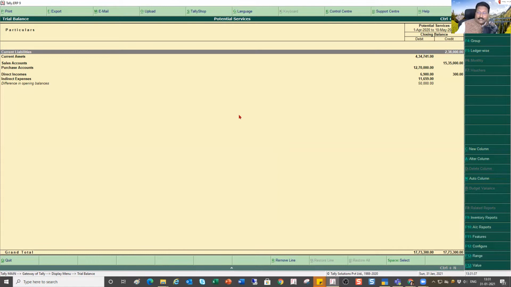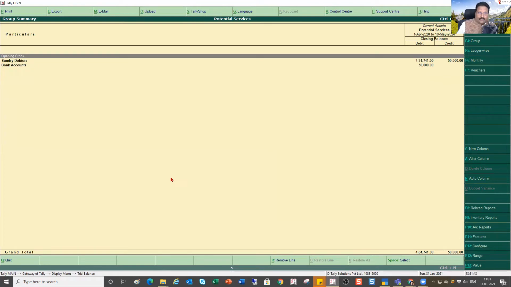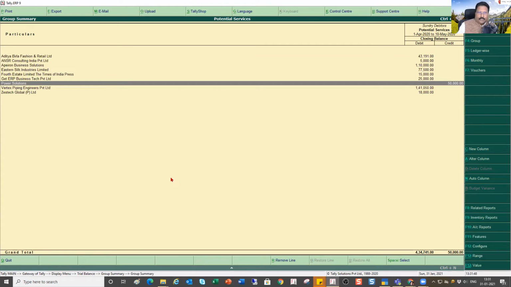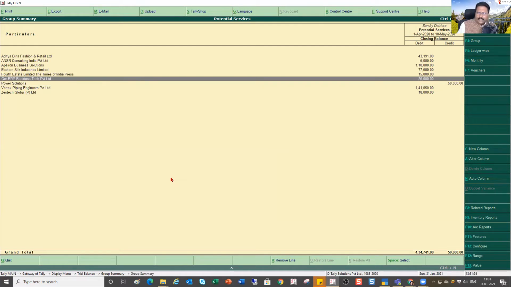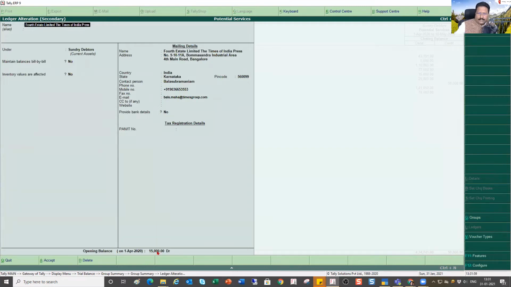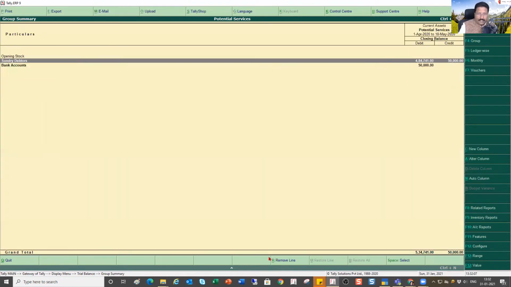I had entered this as an example, like Sundry Debtors. Later on, I just created this one opening balance ledger. And how do I correct it? I'm just showing you how I can remove this. Let's say I go to this particular party, my debit is less by 50,000, so I come here and make this 65,000. Normally you cannot do this in your books of account. I'm just going to show you this. See, now my